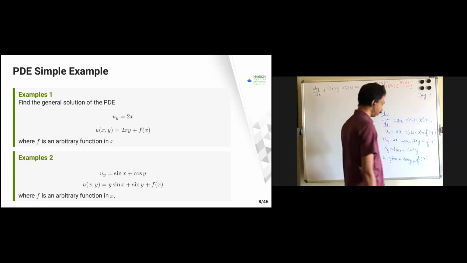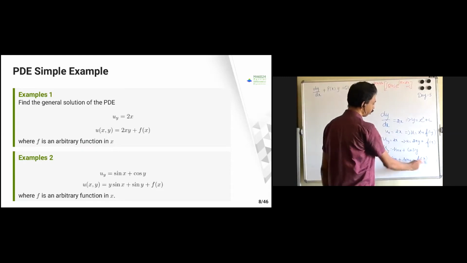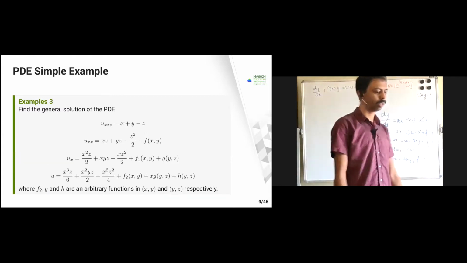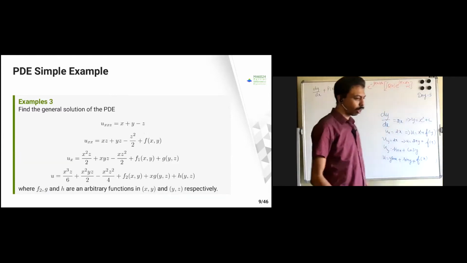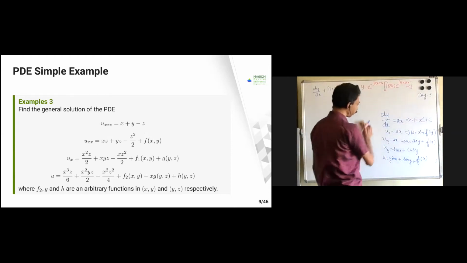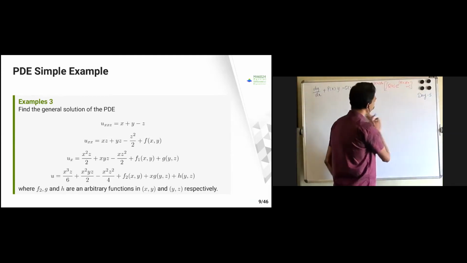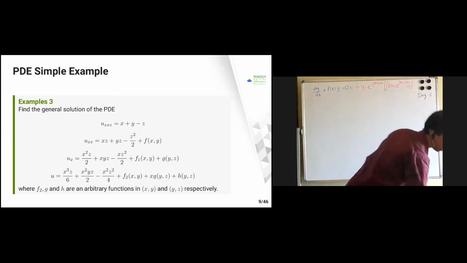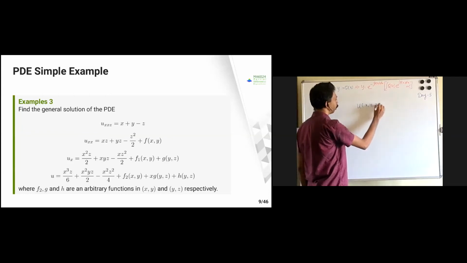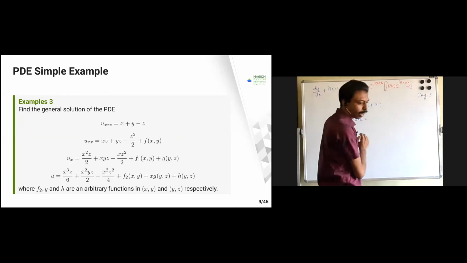So if I differentiate this one, I will get that. This will become sin x, this will become cos y, this will become 0. Any doubts? Okay. Now let's go a little complicated. Now we have a different one, with multiple variables, I mean more than one derivative. So I have a three-dimensional one, u of x, y, z. For example, when my equation is uxxz equal to x plus y minus z.